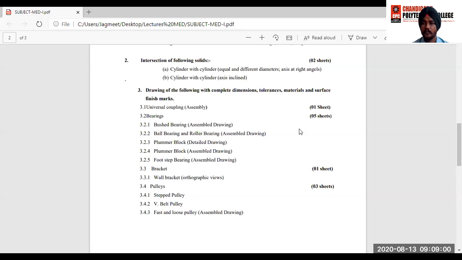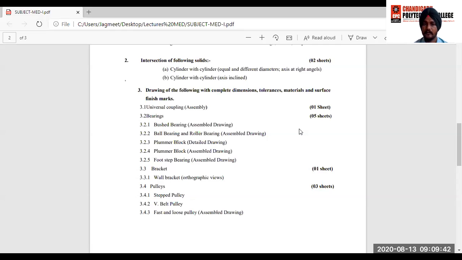You will also prepare the bill of material for the assembly drawing. Bill of material, it is very important for the assembly drawing. It includes all the necessary information like name of components, material of component, and their quantity. Like for example, in universal coupling, there are many parts joined together. In universal coupling there are a fork end, cross head, their taper pin, their cylindrical pin. These all components are used, and you have to prepare their bill of material with proper details.